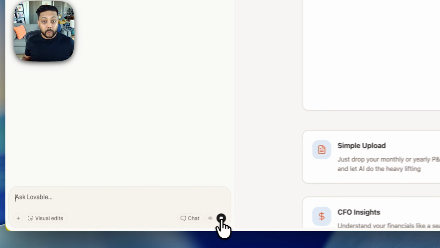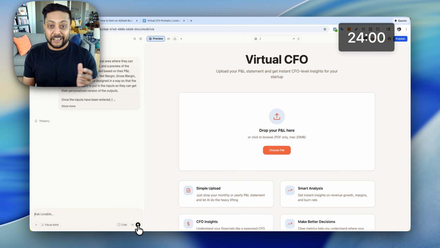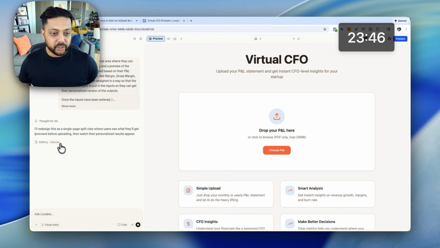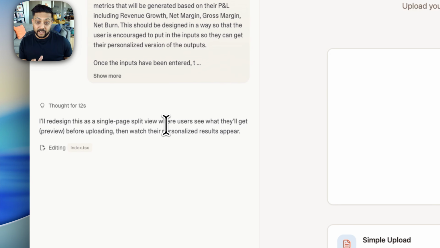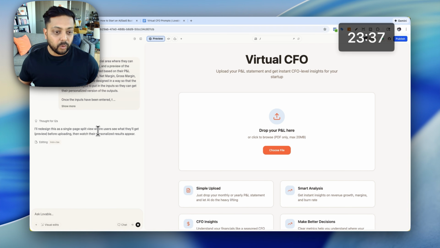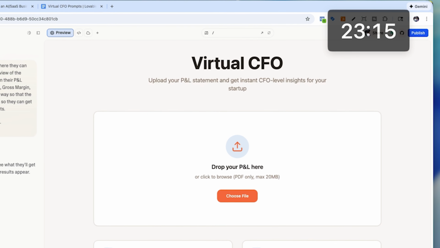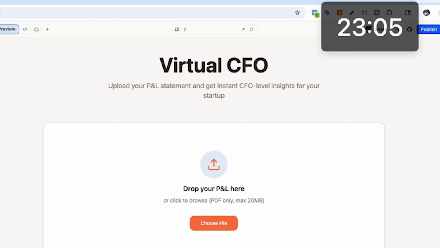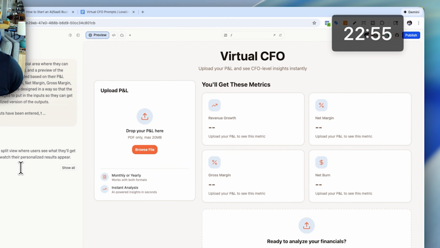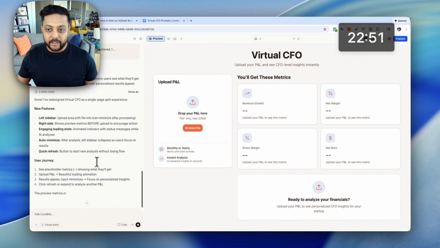And again, these incredible engineers and this army of engineers that I have in the front-end designer is going to go to work. So you'll notice it already goes to work and says, okay, cool, I'll redesign a single page split view. I wanted a split view so people look at like, here's what you need to put in and here's what you're gonna get, so they don't have to scroll. So it's gonna be updating that and tweaking all those pieces, which is awesome. It's doing exactly what I asked it to do. Okay, great. So now it's redesigned it